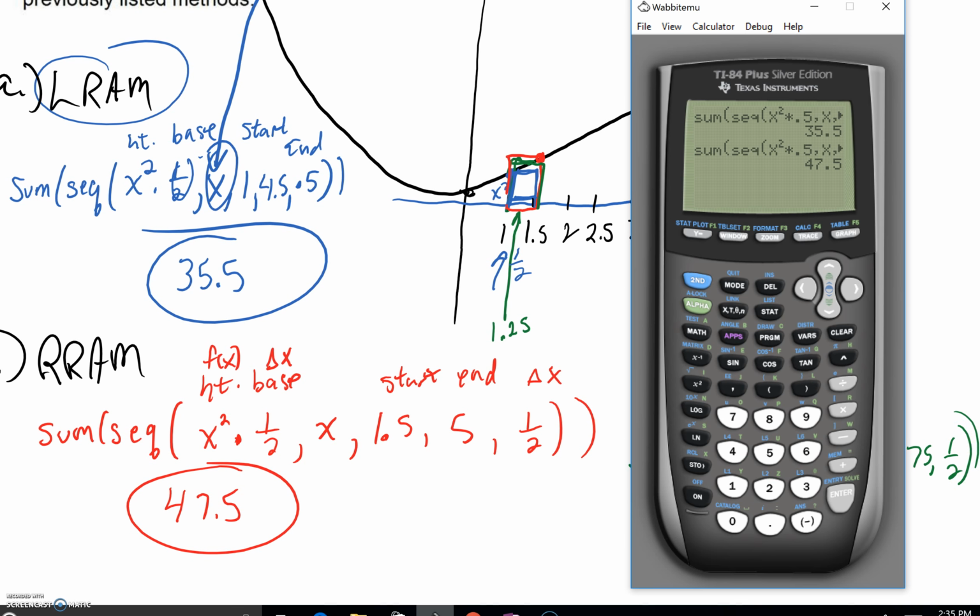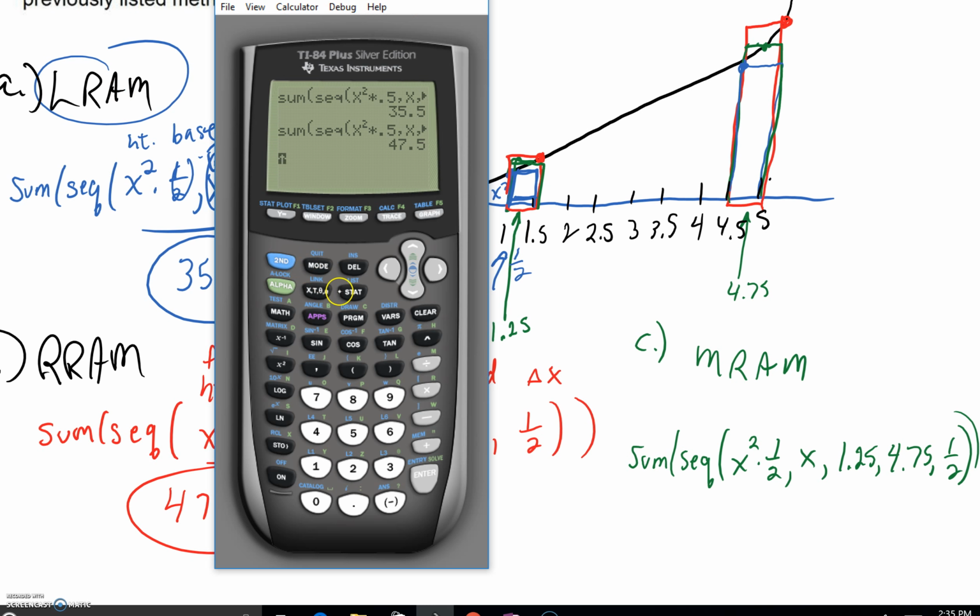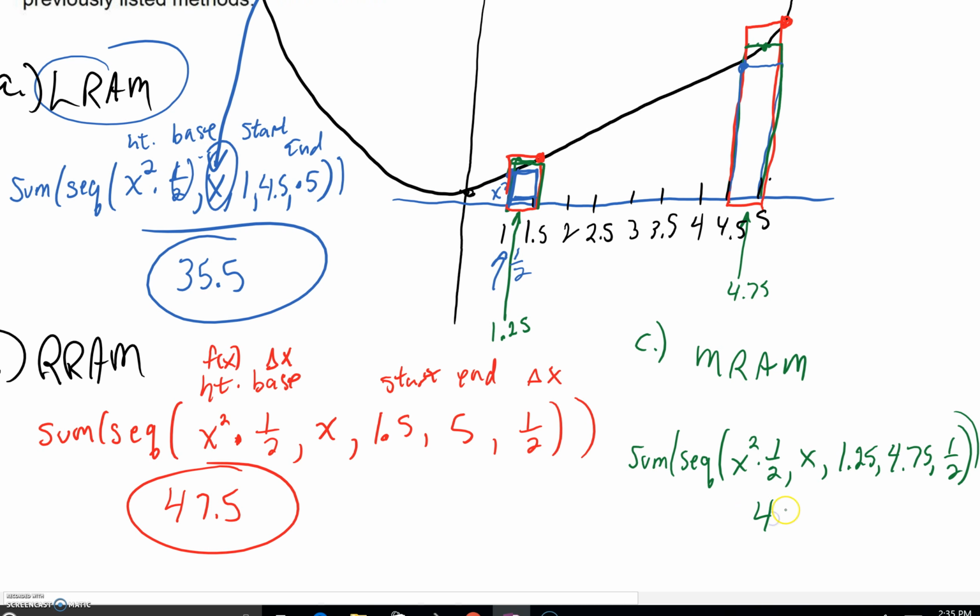So now you just go back to your calculator, and you can say second enter, and you're just going to make a few changes. Everything's the same except your beginning x now is 1.25, comma. Your ending x is 4.75. And you could say my step, my delta x, is 0.5. So we could real quickly hit enter, and you get something in between, 41.25. Notice 41.25 is not the average of LRAM and RRAM. It's close, but it's